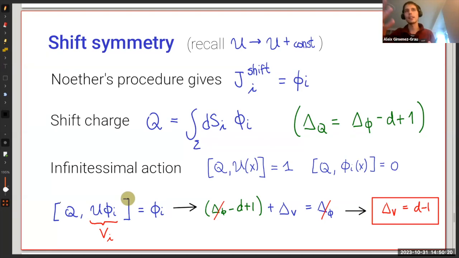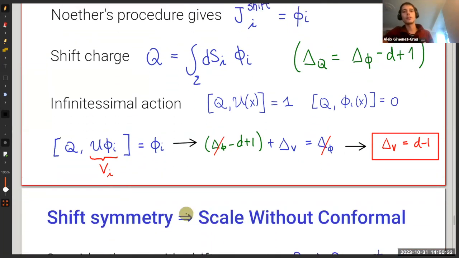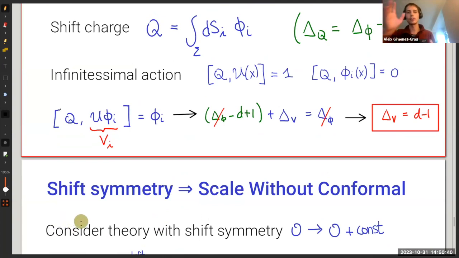And that resolves, with this very simple argument, the puzzle for our dipolar model: how is it that our dipolar model is only scale invariant? But here you might wonder, is this argument even more general? Can you apply it to other theories? So let me consider some abstract theory, forgetting completely about dipolar interactions, that has some operator O, and this operator has a symmetry under shift. So you can send O to O plus a constant, and that's a symmetry of your theory.